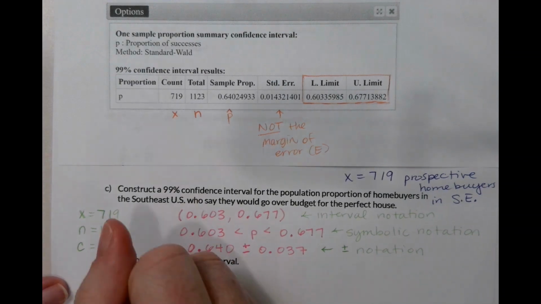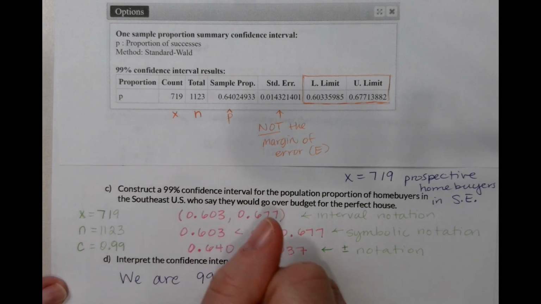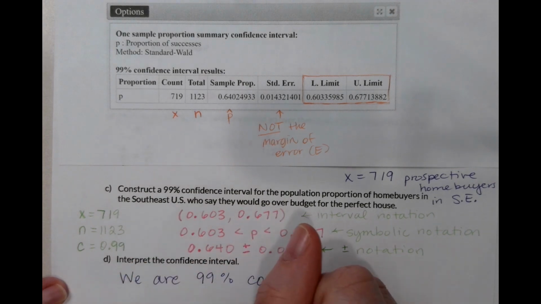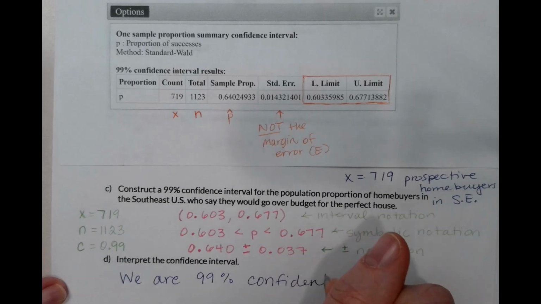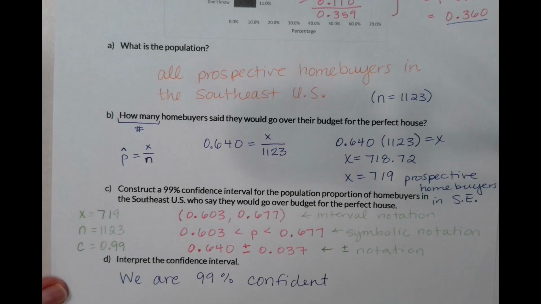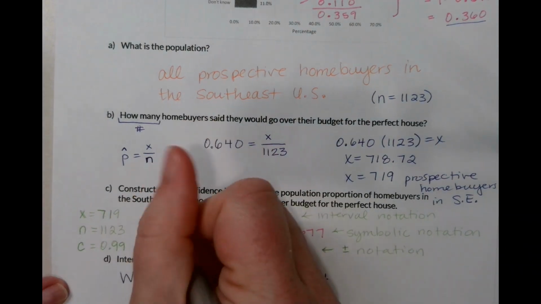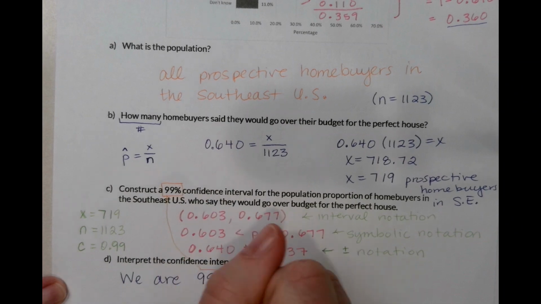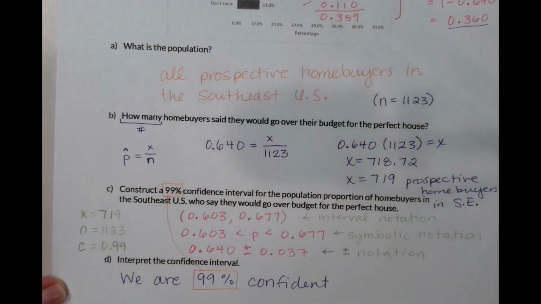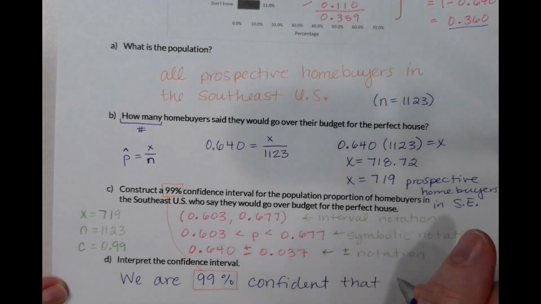So I would say we are 99% confident, and that 99% comes directly from just what was it that you were asked to find. So we are 99% confident that the proportion